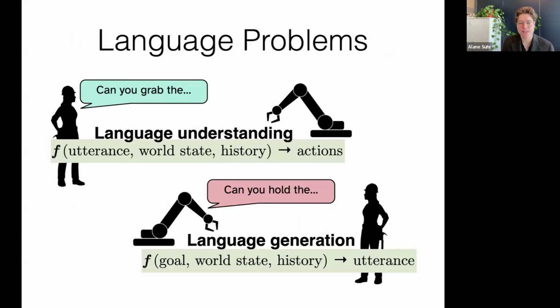First, language understanding, where we want our system to map from a user's utterance and maybe a current world state, like its observations of the current world, as well as the interactions history, like previous utterances and actions, to a new set of actions that execute an instruction, or maybe they answer a question or something like this. We also are able to study the problem of language generation, where the system itself has some goal in mind. Maybe it's a goal that's shared with the human collaborator, a current world state, as well as the interactions history, and we want to generate an utterance that's sent to the user.